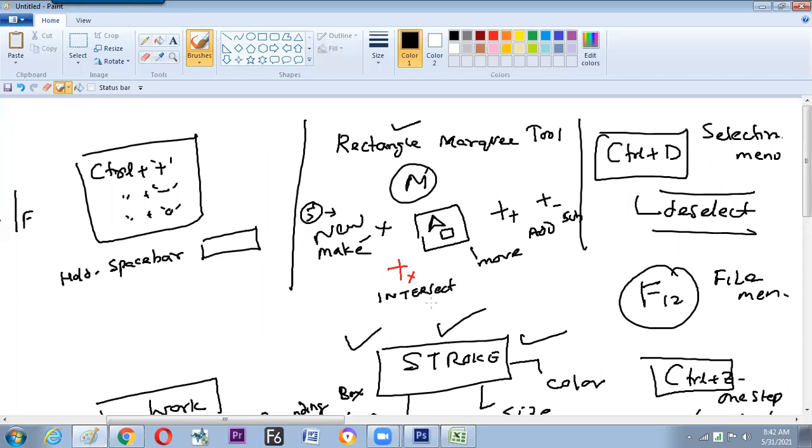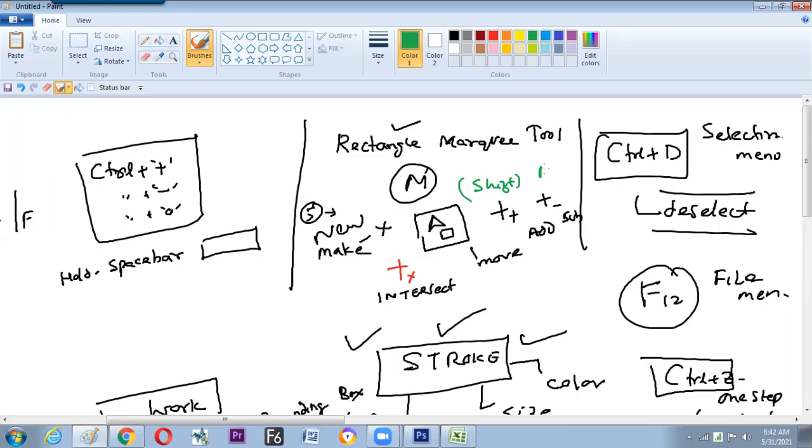Note down here, check the screen. Can you see? The cursor is turning into plus plus, and the keyboard shortcut we are using is the Shift button. Hotkey Shift. Shift helps to do addition. In exactly the same way, if you hold the Alt button, Alt helps with subtraction.